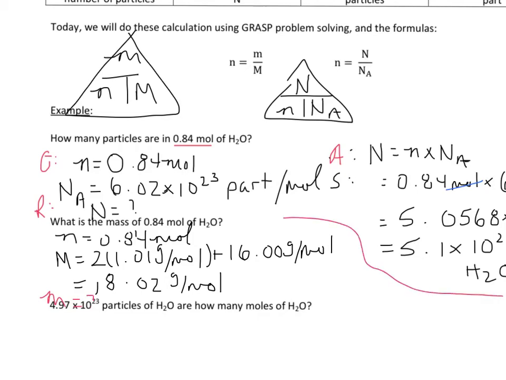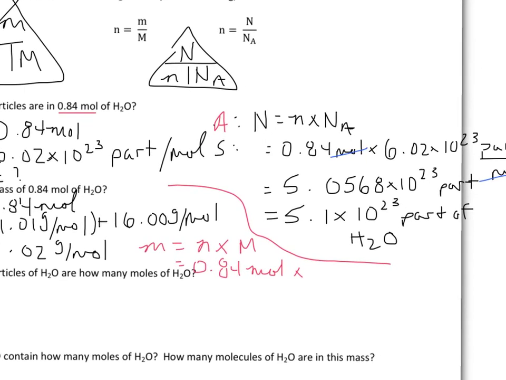I'm just going to separate off my page a little bit here. So lowercase m equals lowercase n times capital M, or moles times molar mass, which equals 0.84 mole times, and let me move things over just a little bit here, times 18.02 grams per mole. Our moles cancel out, leaving us with just grams left behind. And then finally we do our math of 0.84 times 18.02 equals